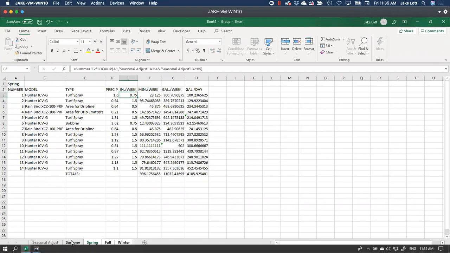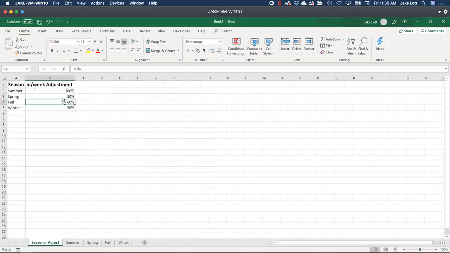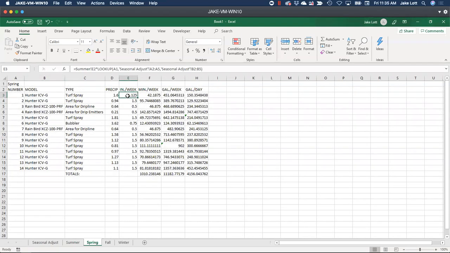So you'll notice that since spring was, we should change that back to 75. Spring was 75, 60, and 50%. So if I look at that first column, now all these, oh great. This worked previous here.